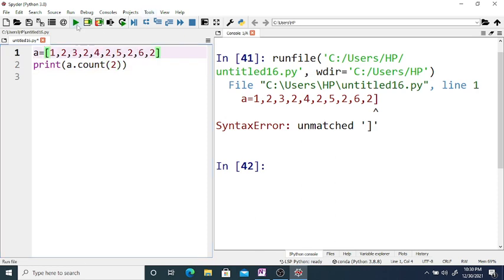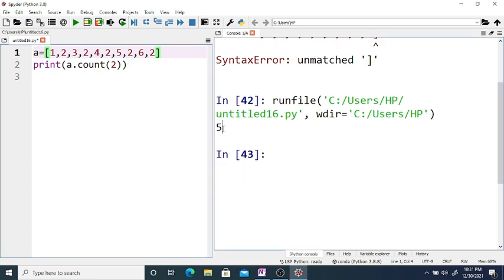Now if you print, you can see 2 is repeated how many times? 5 times.